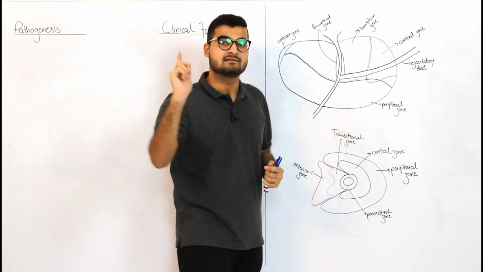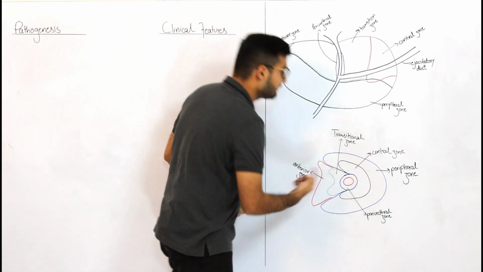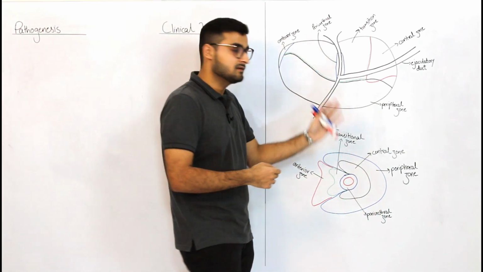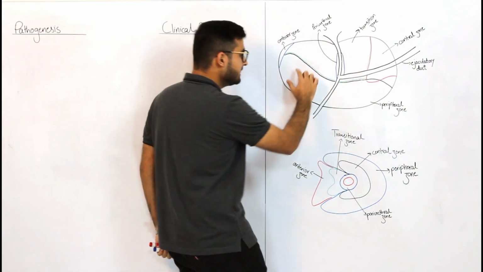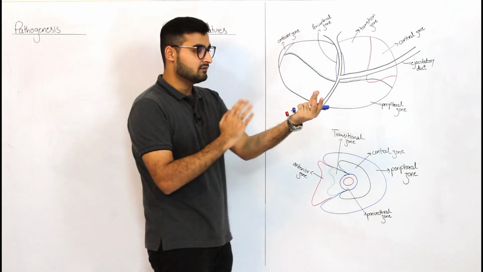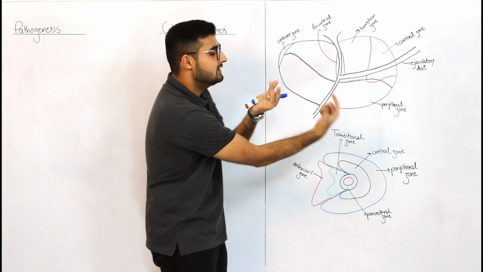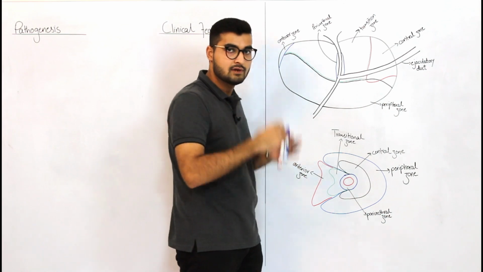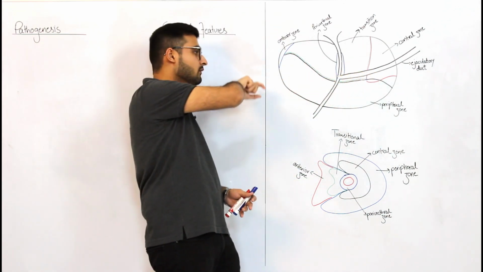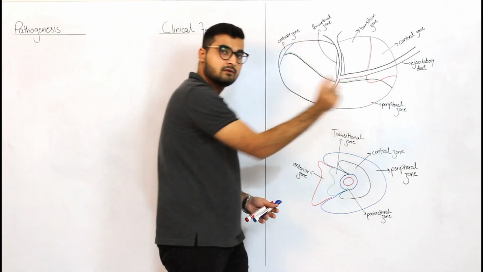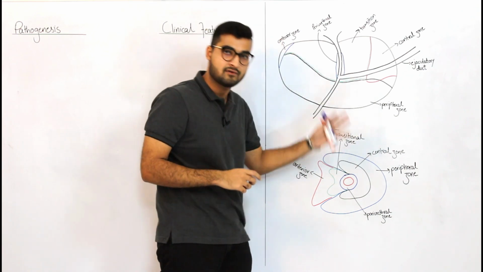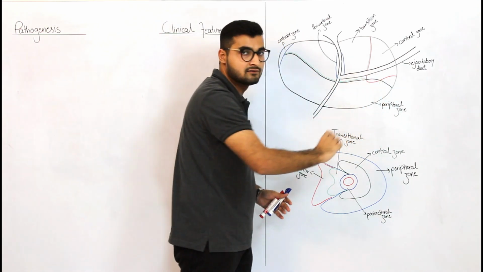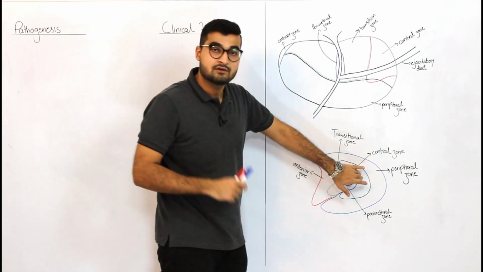Peripheral zone, what did I mention? It's around the periphery. Over here it was around the periphery, right? Now since this view is different, where will you see the peripheral zone? Just over here, because if this was your prostate and you cut it in half, you're only going to see the peripheral zone over here, right? So this whole part is going to be your peripheral zone, and in the prostate it's going to cover the whole prostate like this, right? It's going to line it, but since this is just half of the prostate, this is your peripheral zone. And then after that you had your central zone.